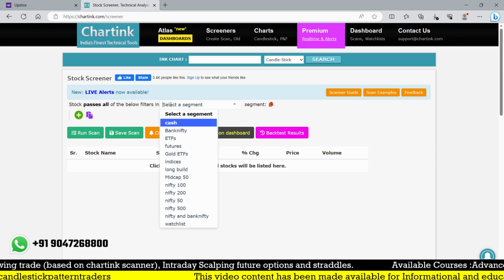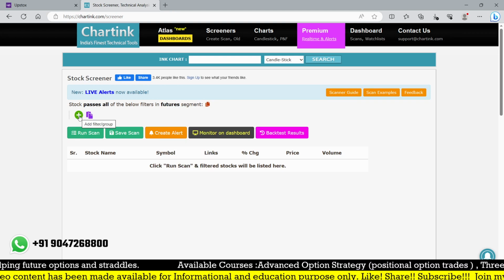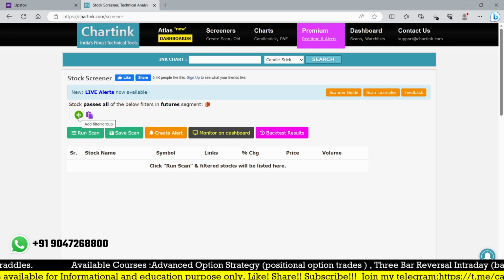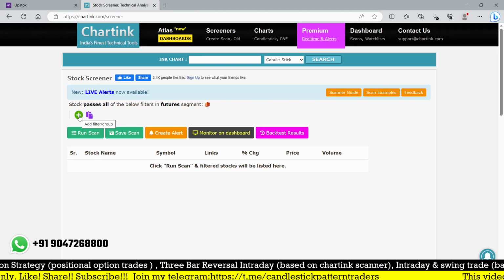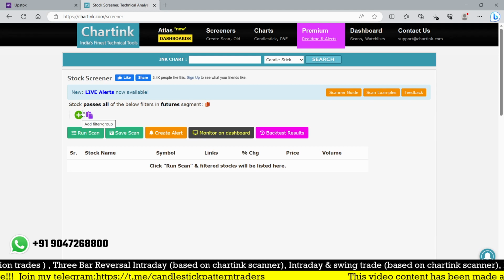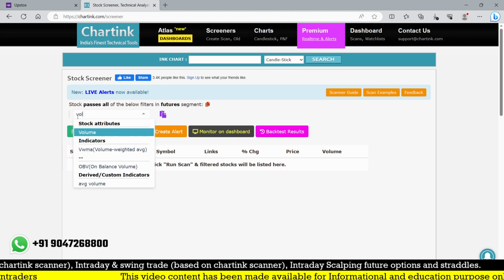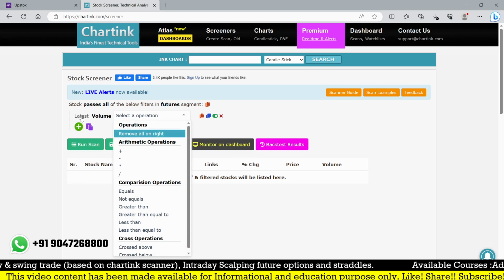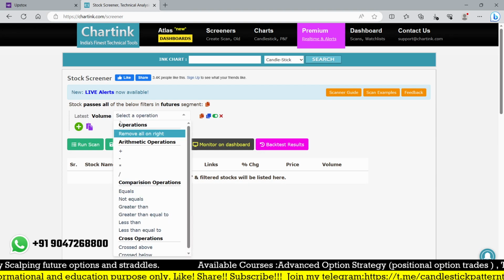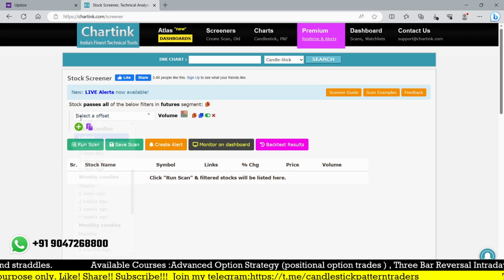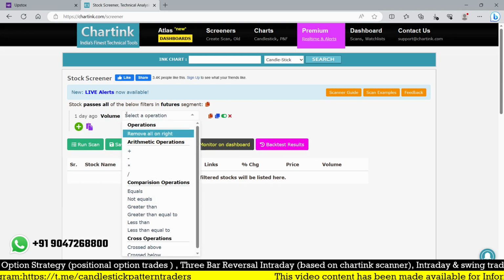So instead of taking all the cash stocks, I just go for futures and options shares. So, simple conditions: volume is the main key which I'm going to follow. Today's volume must be less than yesterday's volume. So I simply go for volume. Not the latest volume, we should use 1 day ago volume. 1 day ago volume must be less than